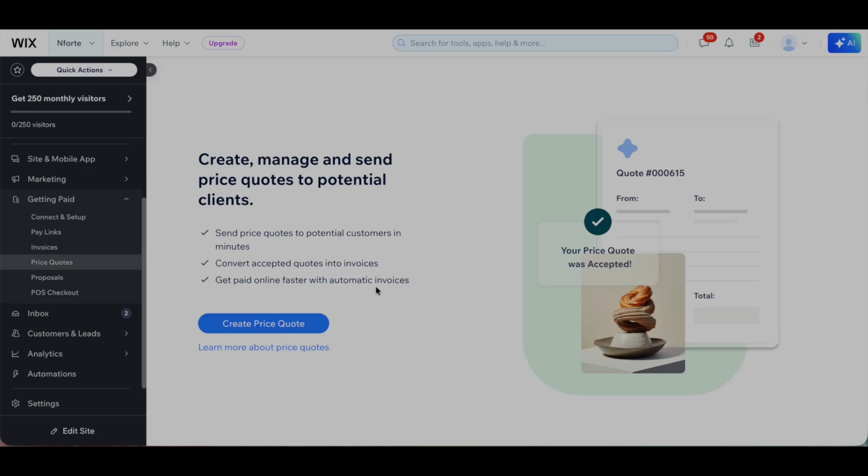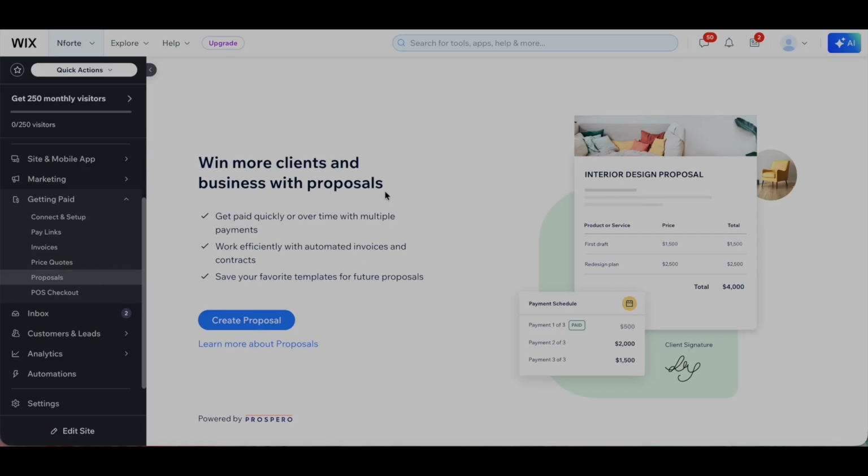faster with automatic invoices. With Proposals, you're able to win more clients in business with proposals by getting paid quickly or over time with multiple payments, working efficiently with automated invoices and contracts, and saving your favorite templates for future